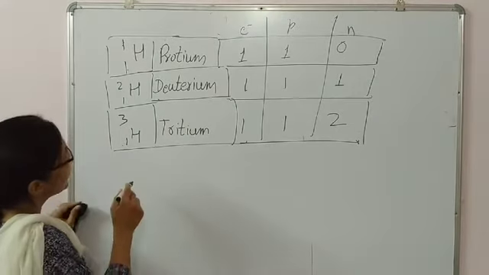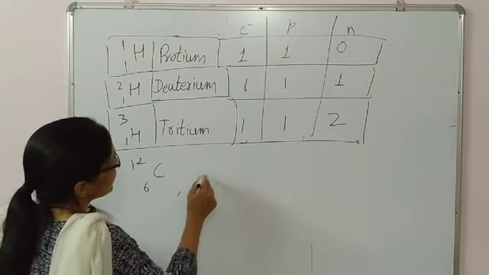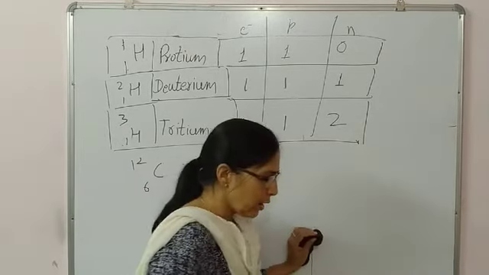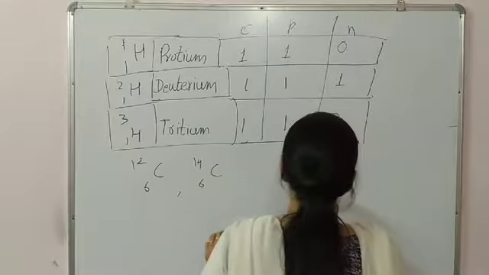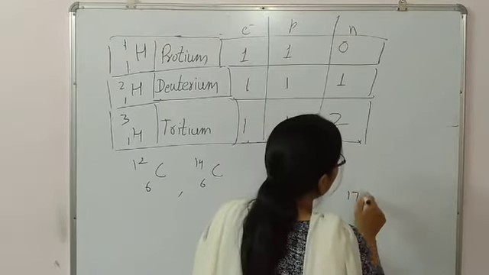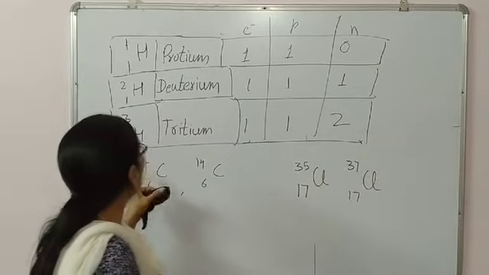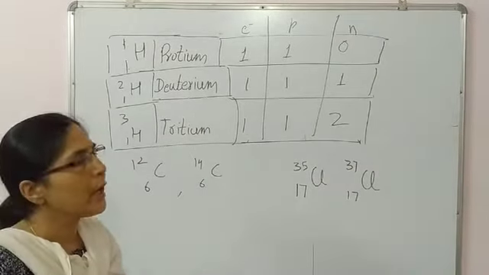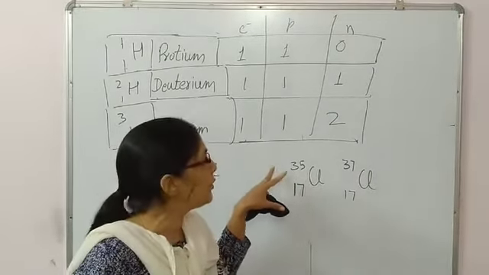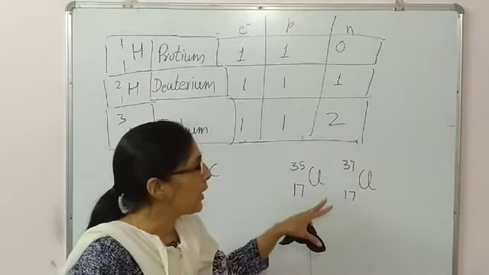Some more examples of isotopes. That one example, that is 6C12 and 6C14 you have seen. In the same manner, for chlorine, there are 2 isotopes, that is 17Cl35 and 17Cl37. This digit 35, 37 or 12, 14 you cannot write by own. These are the practically determined fact about the number of proton and number of neutron. So whatever given in the book, you have to follow that one.